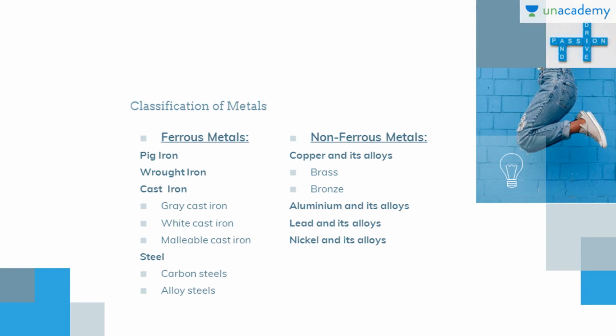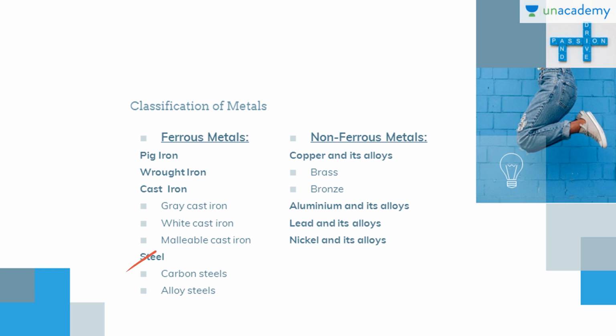The classification of these metals is divided into two types, namely the ferrous metals and the non-ferrous metals. Ferrous metals are divided into pig iron, wrought iron, and cast iron, in which the cast iron is again divided as grey cast iron, white cast iron, malleable cast iron, spheroidal or nodular ductile cast iron, as well as chilled cast iron. There are many more which you can also take into consideration. Then steel, which is